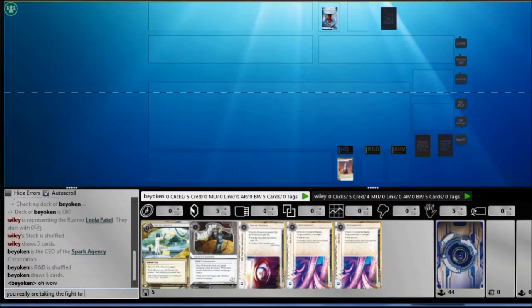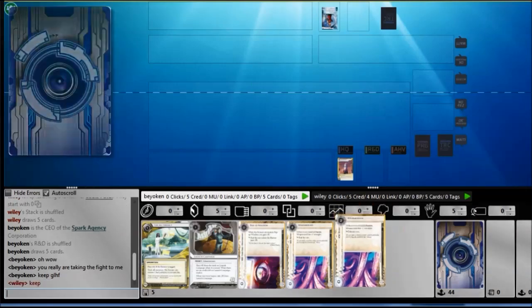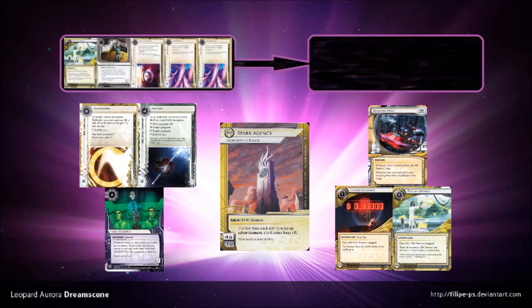Spark Agency versus Leela Patel. Right, so it's Spark Agency, the ID that has been hyped up the most of the three in the big box that's upcoming. Here's my take on the Spark Agency, and it's not too different from what people have been suggesting over at StimHack. It's basically a